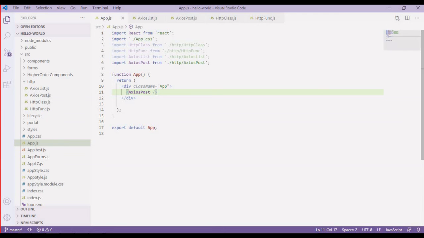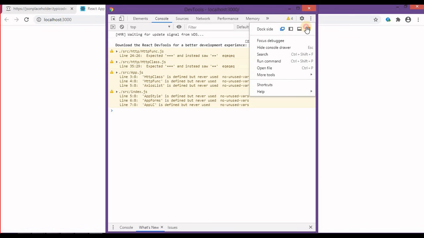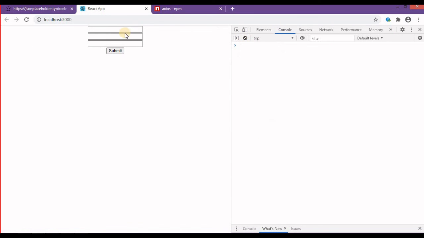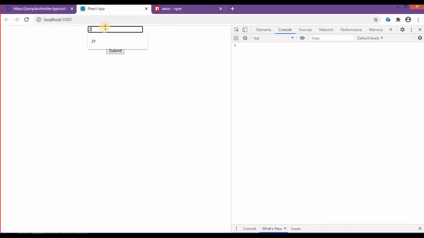Now let's go back to our browser and check how it is working. I'll open the console side by side. So first of all, I'm going to have some user ID, which is basically some kind of ID. So I'll provide 2 over here, and then some title. So this is post title, and then body is this is dummy body. Now if I click on submit,